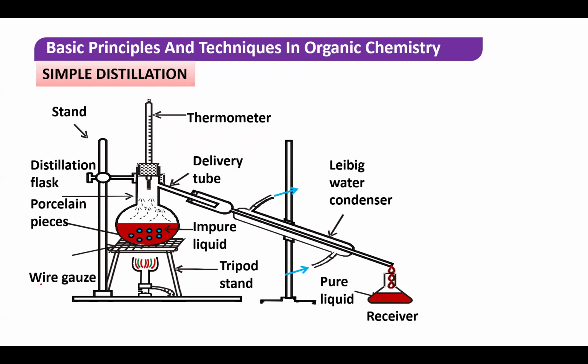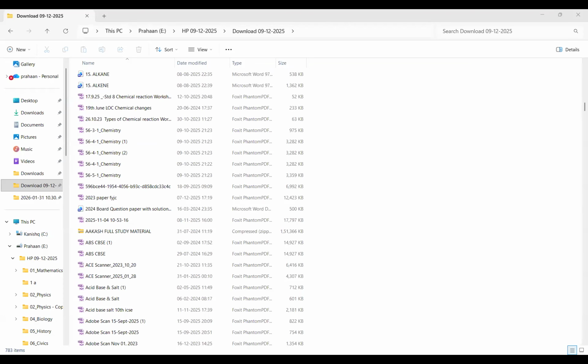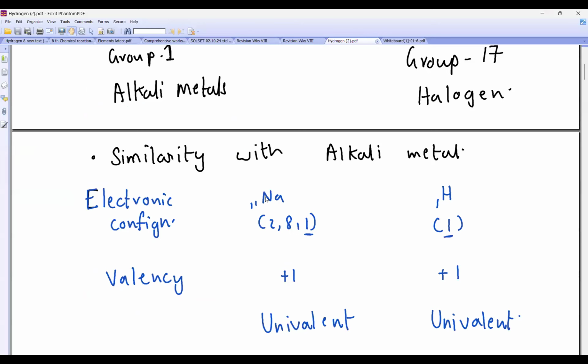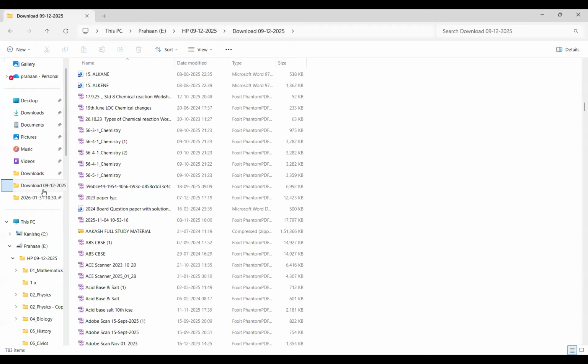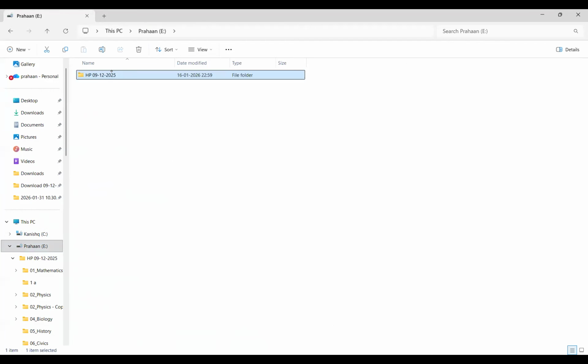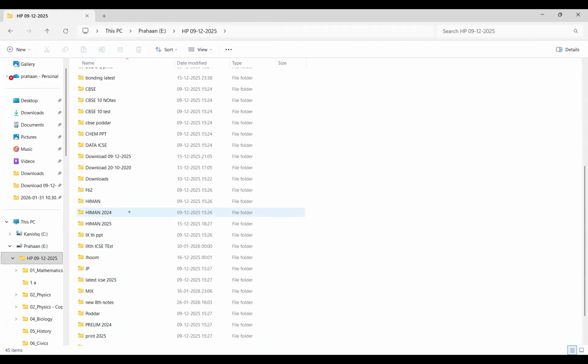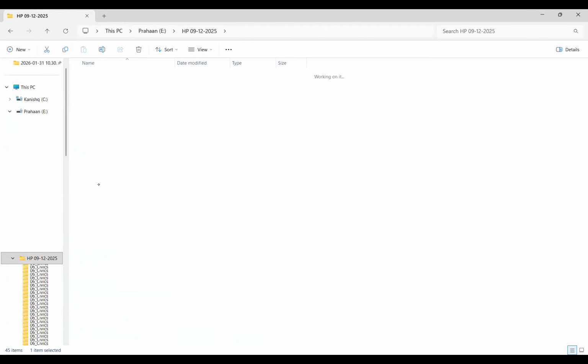Sir, can you explain diffusion? Diffusion means what beta? Suppose two gases are there, one lighter and one heavier. Who will move faster? Lighter. So mixing of two gases is known as diffusion. If I spray a perfume in the room, it will spread into the entire room. Because in gases there is a lot of intermolecular space, one gas will mix into another. Mixing of gases is known as diffusion.